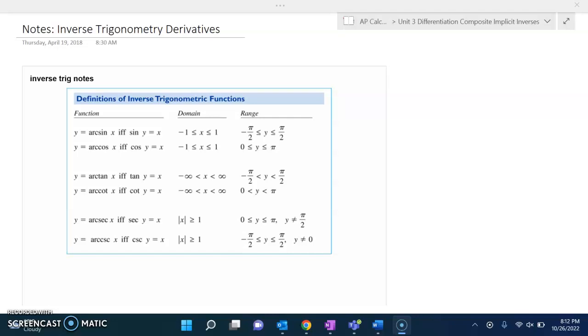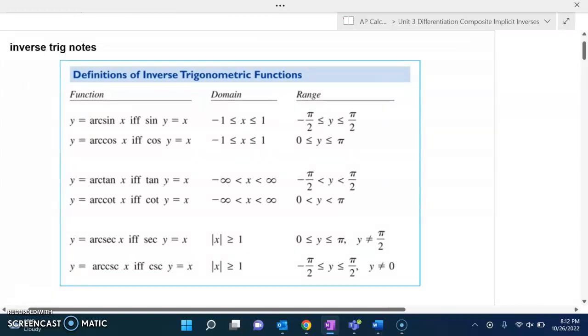Alright guys, this video is going to go along with 3.4. It's the notes on inverse trig derivatives. So in the beginning here, I'm really just going to talk about some of the domain and range restrictions of the inverse trig functions. I'm not going to go through them super in depth, but arcsine, which is also